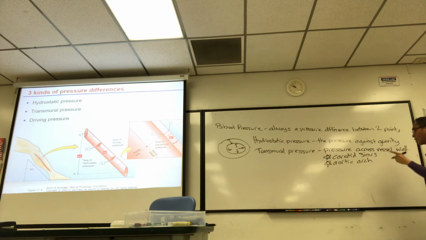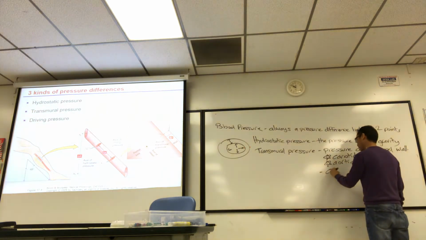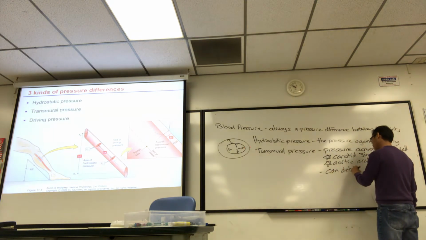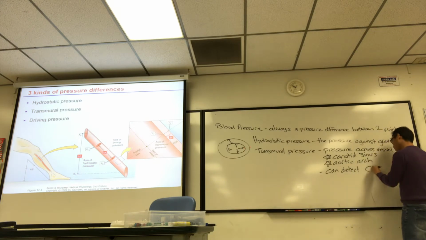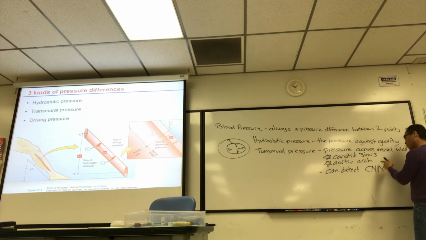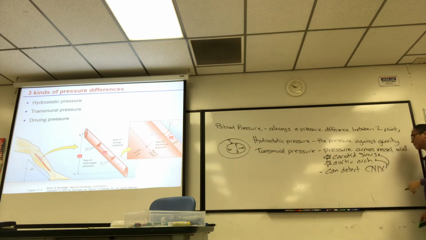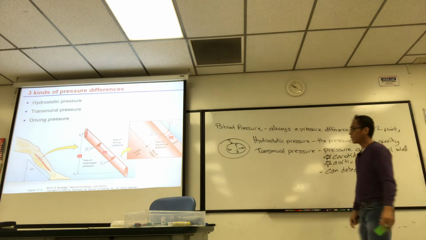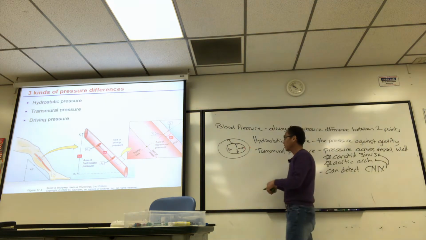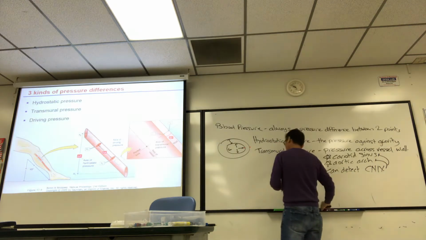So why is this one more important? Well, this is a pressure that your body can detect. Your body can sense that the blood pressure is dropping. There's a branch of cranial nerve 9 that sends fibers to the vessel wall. It's inside there. And if there's a change in pressure, if the blood pressure is dropping inside the tube,